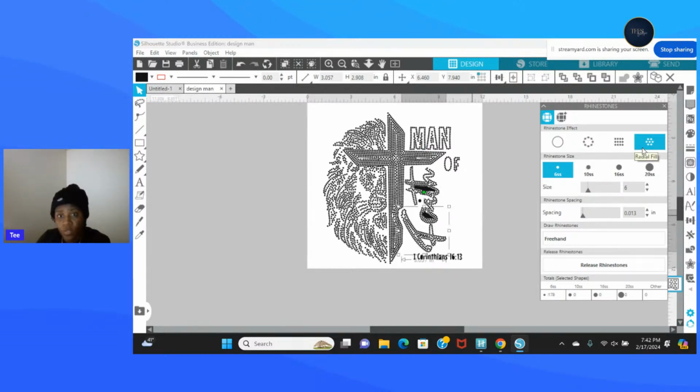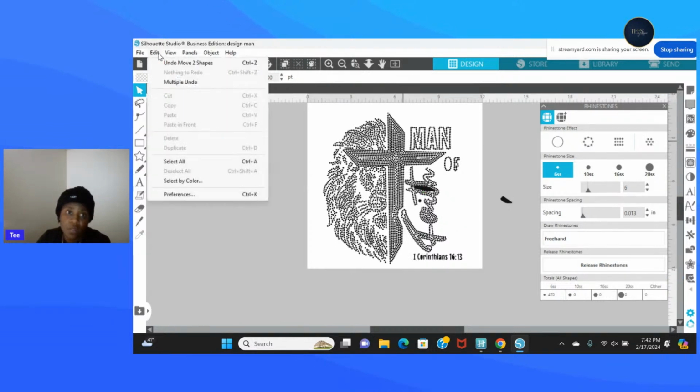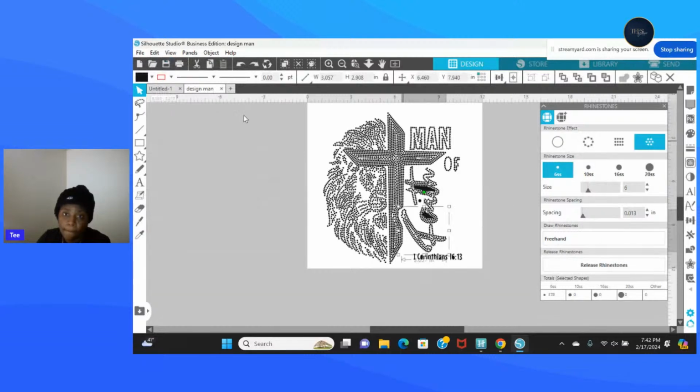Yeah, rhinestone panel. Edit, undo. Nope, you want to undo that. Oops. Edit, undo. Edit, undo. All right, so now